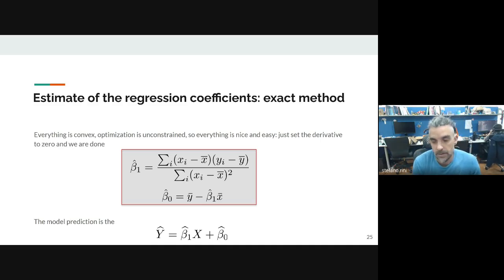And you say, oh, the best B0 and B1, which I call B0 hat and B1 hat, that I can find are obtained through this formula from the elements of the dataset. Let's look at this formula just because it's very intuitive. Remember that the summation is over all the elements in the dataset. So basically, we are saying the following. B1 is sort of the slope of the line, right? B1 is the coefficient that controls the slope of the line. B1 is this cross correlation coefficient, right? X minus X mean, Y minus Y mean.